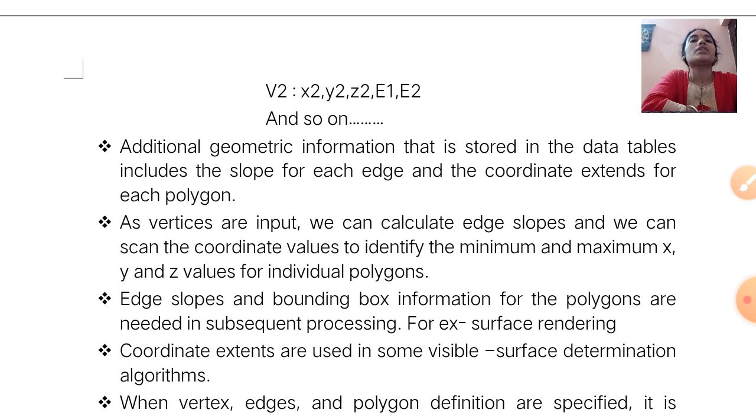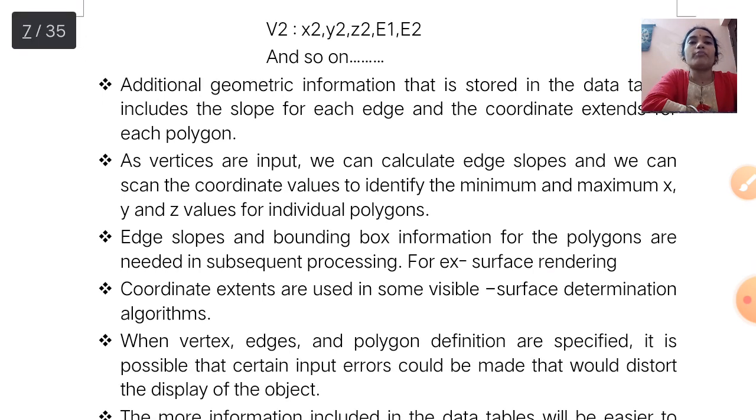Edge slope and bounding box information for the polygons are needed in subsequent processing, for example, surface rendering. Coordinate extents are used in some visible surface determination algorithms.